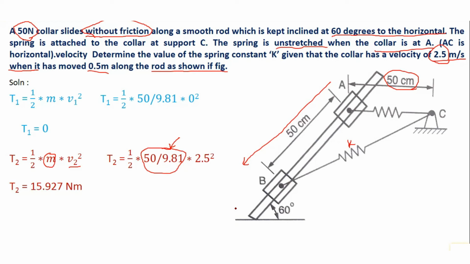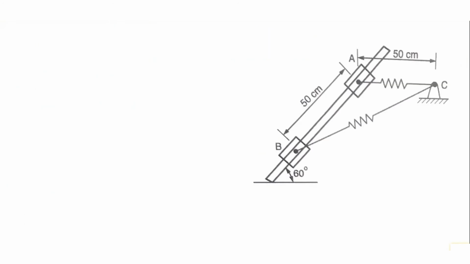Next step, just take the difference of kinetic energy. So I will get T2 minus T1 as 15.927, and this will be my equation number 1, or we can say it is the left hand side of the work energy principle. Now let us proceed further to the summation of work done. Before starting, let us first quickly imagine what work can be done on this particular system. As there is no applied force, work done by applied force will be 0. It is already given that it is a frictionless rod, so there will be no work done by friction. Work done by self weight will come, and work done by spring will come.